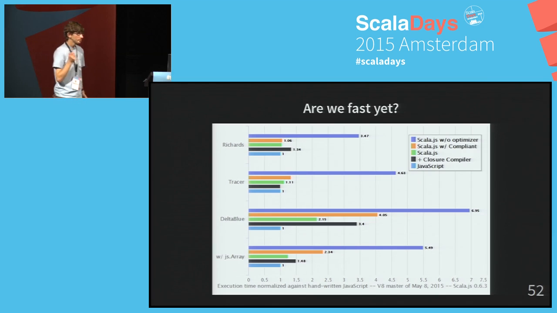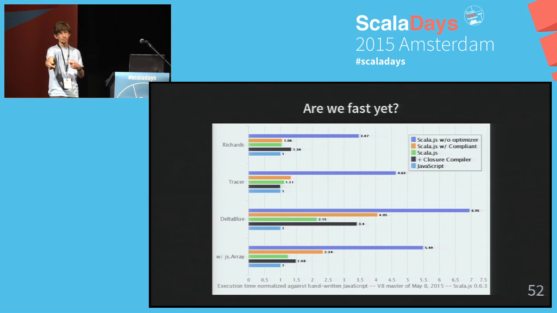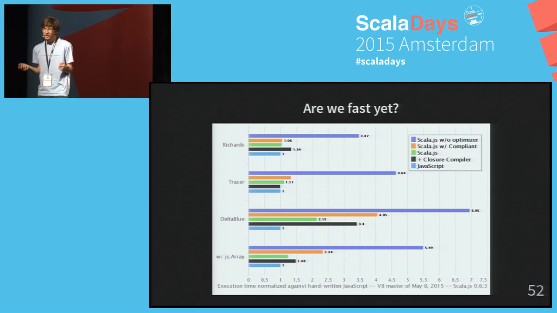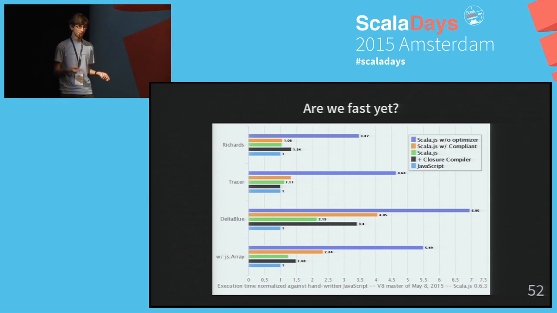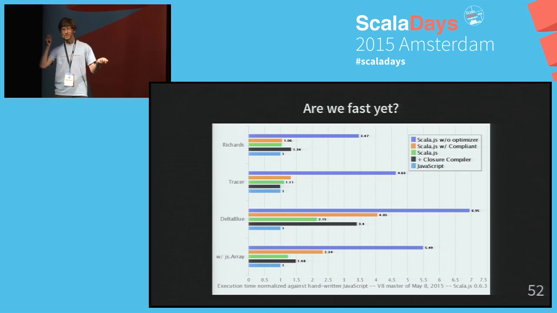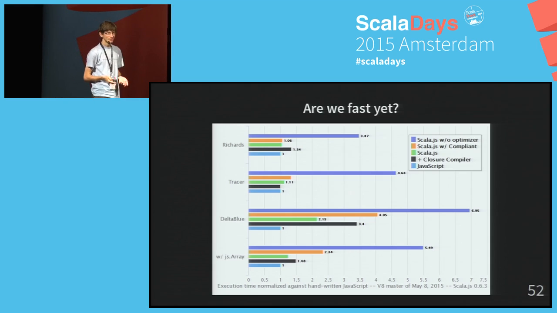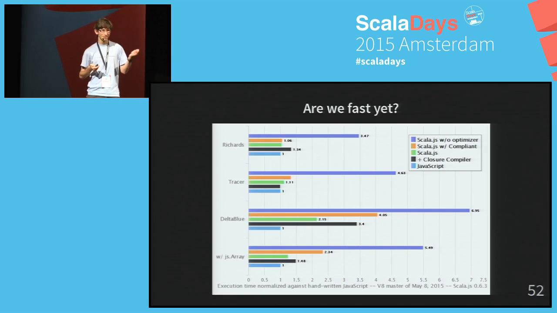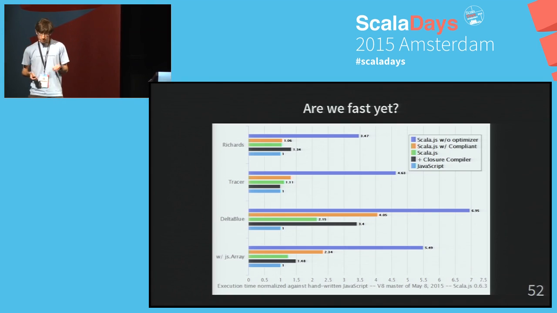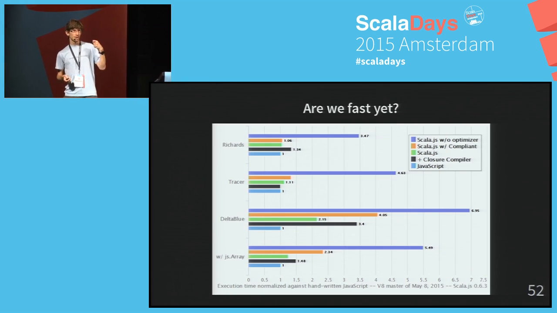The black bar is if you add the Closure compiler, and we've come to a point where the Closure compiling is actually hurting our performance, because the Closure compiler optimizes for code size, not really for performance. So you usually lose a bit of performance with Closure. We will probably have to do something about that, selecting parts of Closure that we want and discarding the ones that we don't want.